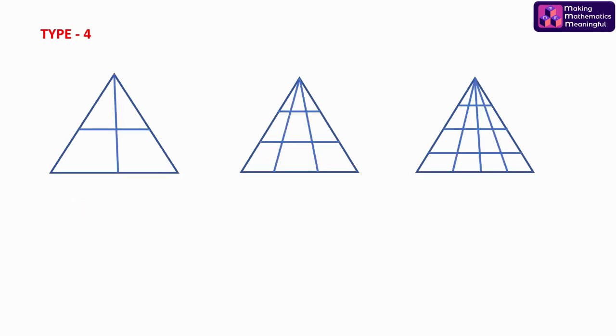Consider type 4, the mixture of type 2 and 3. So we have vertical as well as some horizontal lines. Here the method goes like this. On the base, write the total number of divisions. So we have 1 and 2 here, similarly 1 and 2 over here. The base will fetch 3 triangles and the above case will also fetch 3 triangles. So the total number of triangles would be 6.